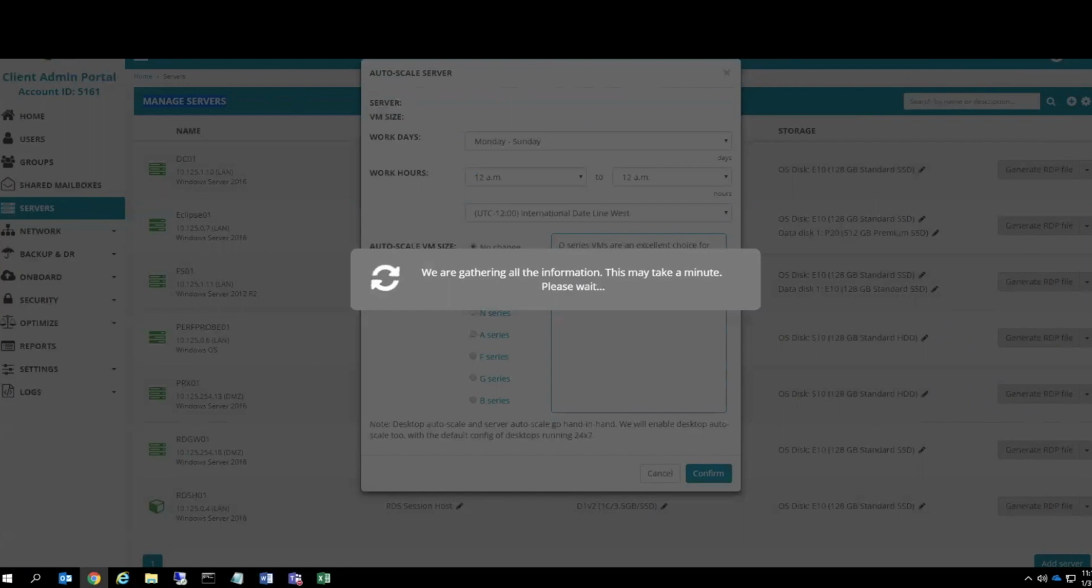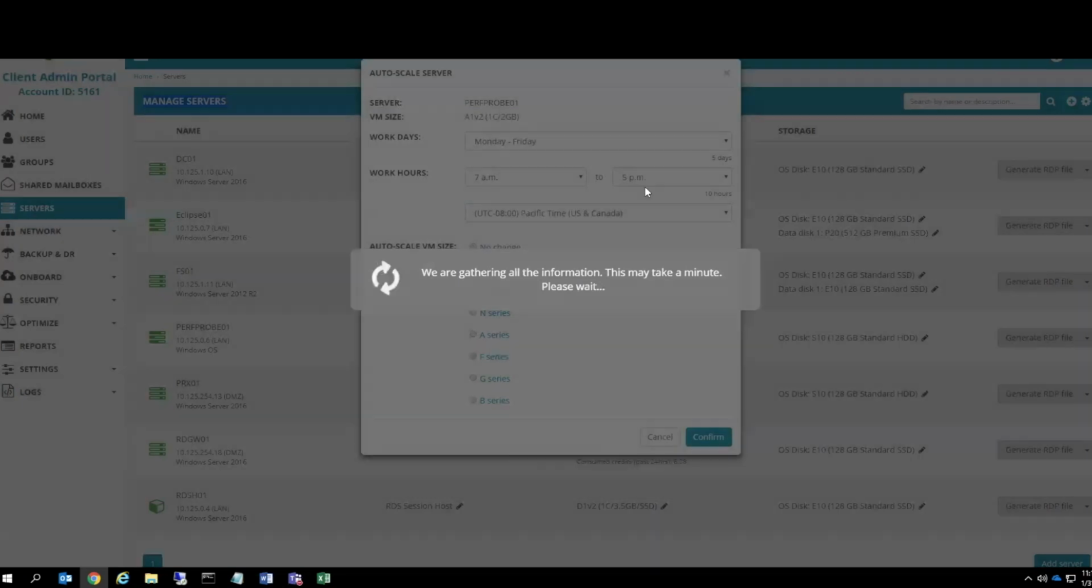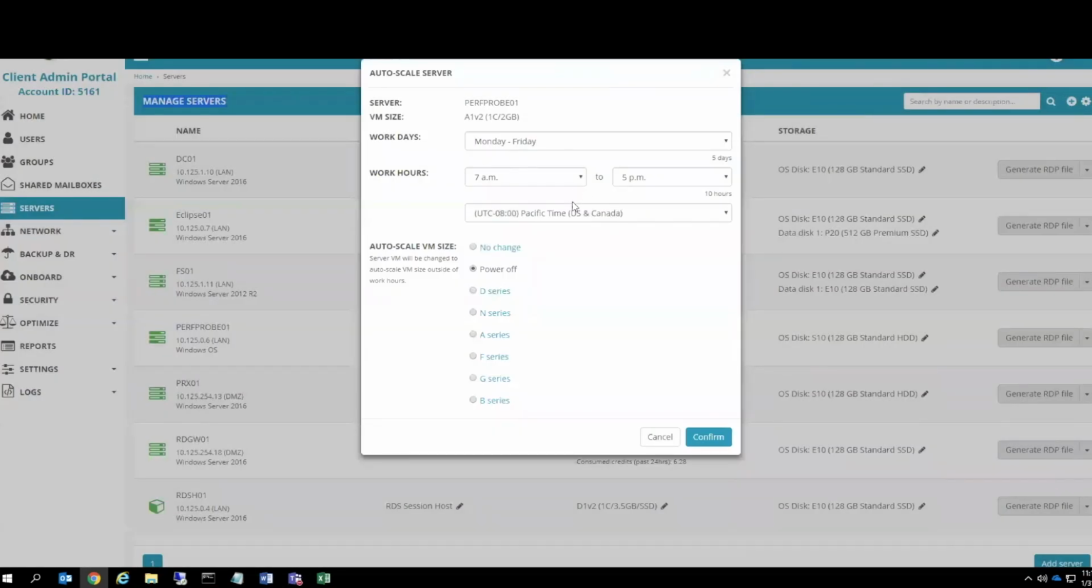You define the work hours, which gives you those 2 transition points for every day, one in the morning, typically one at night. Then the time zone, which is converted into UTC when the schedule is submitted. And then,